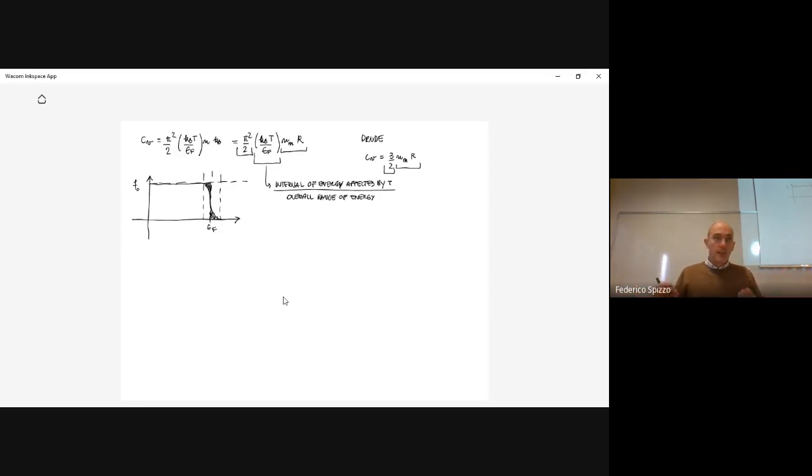So this ratio is a sort of indication of where the change of T affects the distribution. If you consider all the electrons that are found here in this area,